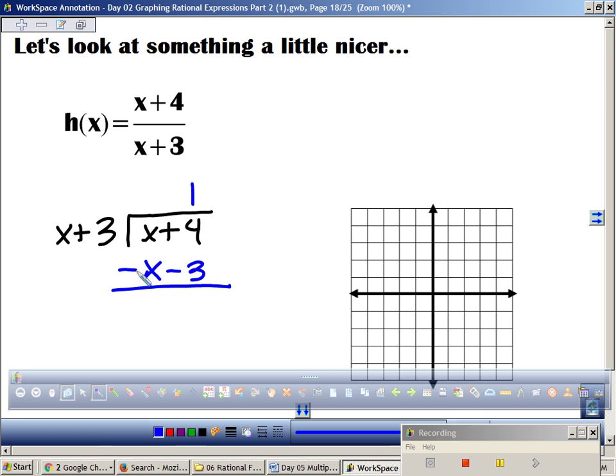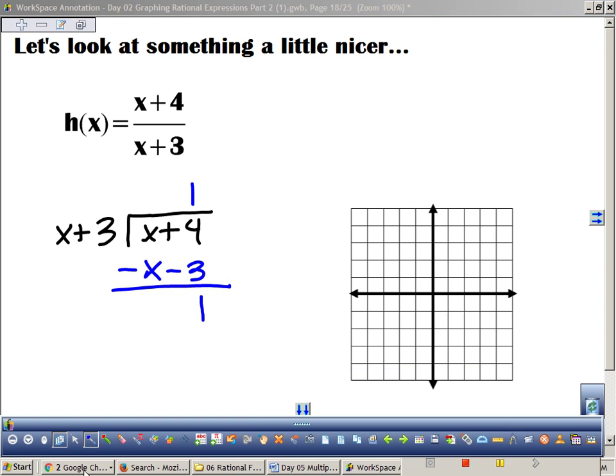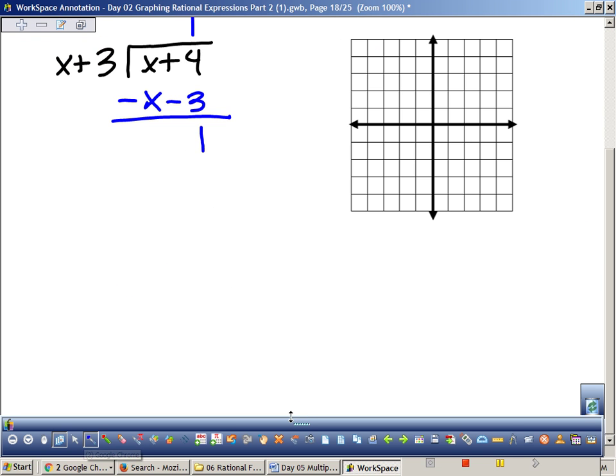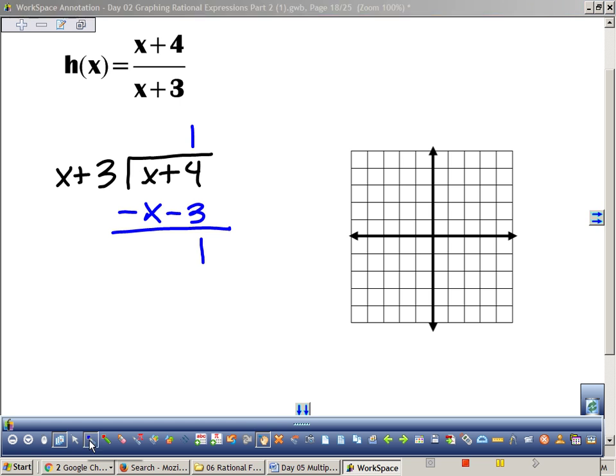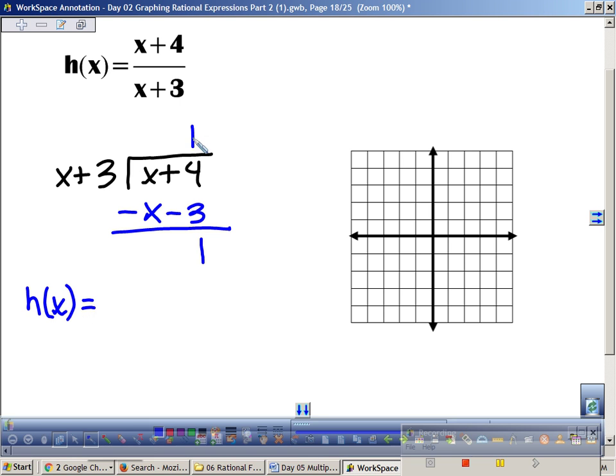Draw the line, change the sign. I'm left with a remainder of 1. So my answer is h of x is equal to 1, the quotient is 1, with a